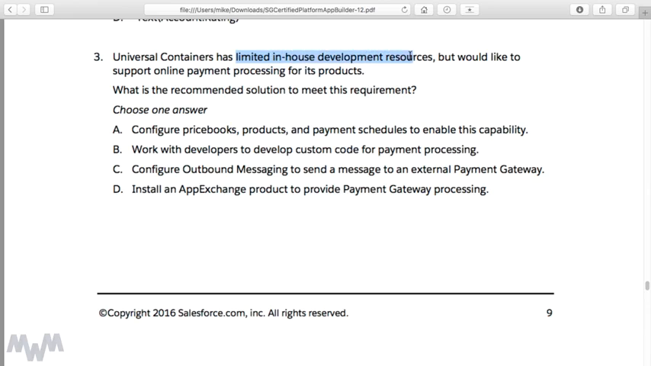limited in-house development resources. So it's really easy, as the clock is ticking down and you're taking the exam, and you see something about supporting online payment processing, and that leads you to, oh my goodness, I've not dealt with online payment processing like ever. And then products, is that opportunity products, is that a custom product object? It's really easy to get distracted while you're taking the test and you're winding down on the time and you're